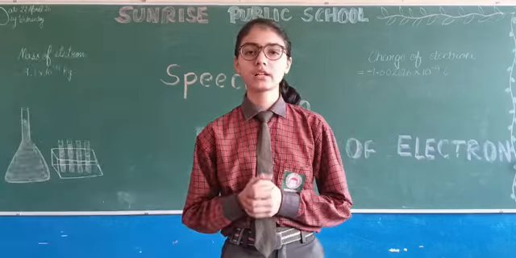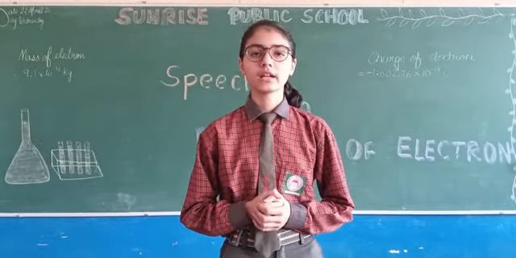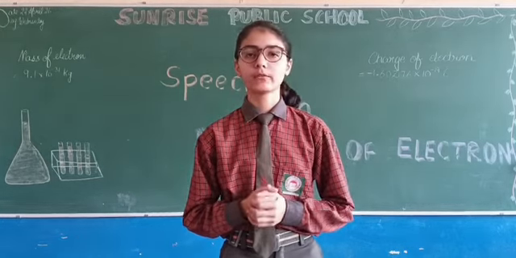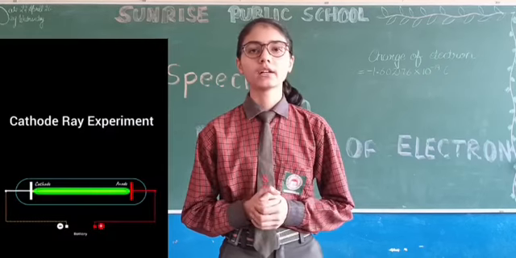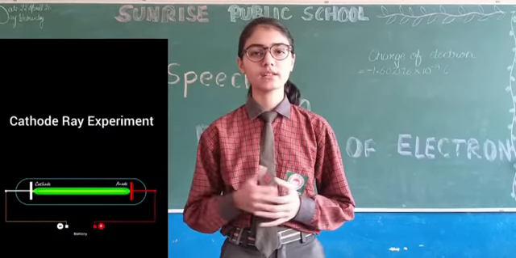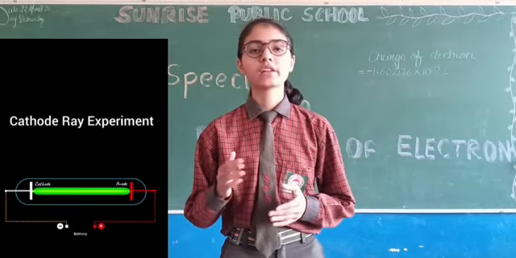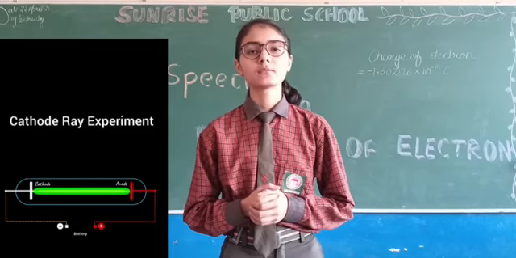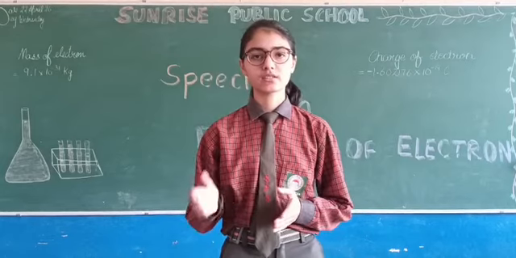But there is one condition for it to be seen with the naked eyes of human beings: the anode should be perforated, which means that a hole is made in the anode, and behind the anode a fluorescent material, that is zinc sulfide, is applied. So when the cathode rays pass through the anode and strike this layer, they become visible to the human eyes, and one can see the electrical discharge.